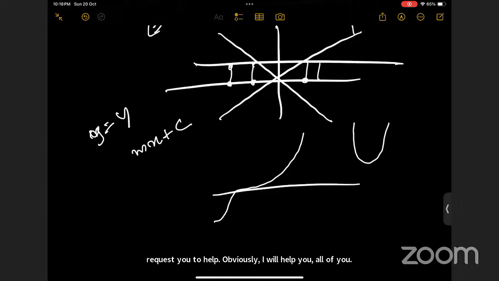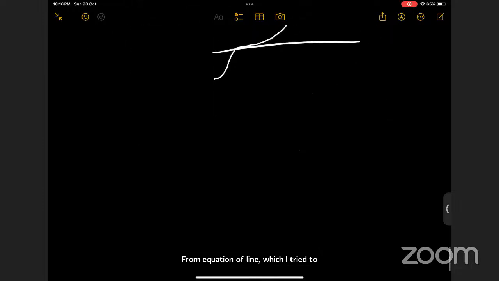Do you have any question from a previous year? It is from equation of line, which I tried to solve, but I'm not able to solve. Okay, so this question is